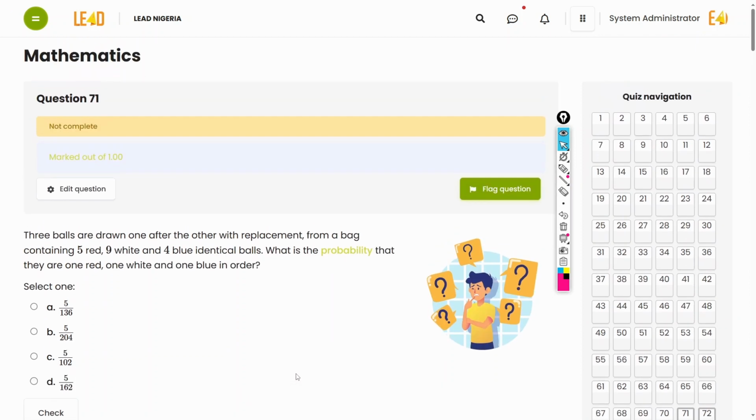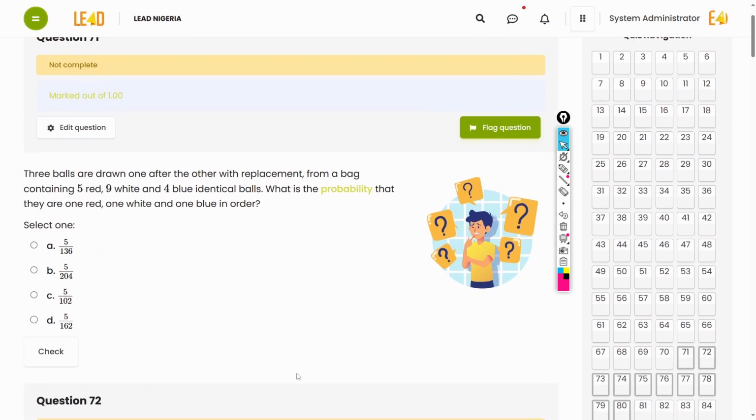Okay, question 71. 3 balls are drawn, one after the other with replacement, from a bag containing 5 red, 9 white, and 4 blue identical balls. All right, so what's the probability that there are 1 red, 1 white, and 1 blue in order? So we're trying to find the probability that we're going to draw red, then white, and then blue, right? So it's going to be the probability of drawing a red times the probability of drawing a white times the probability of drawing a blue. Okay, so the probability of drawing a red is 5 out of 18